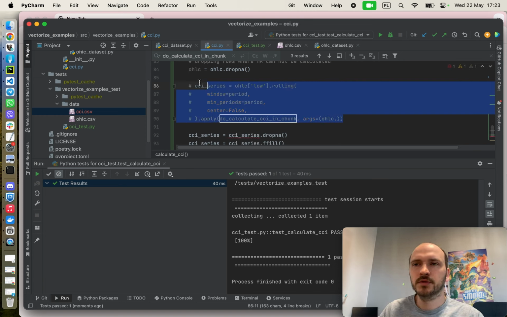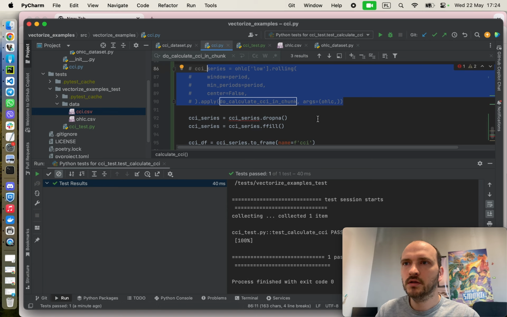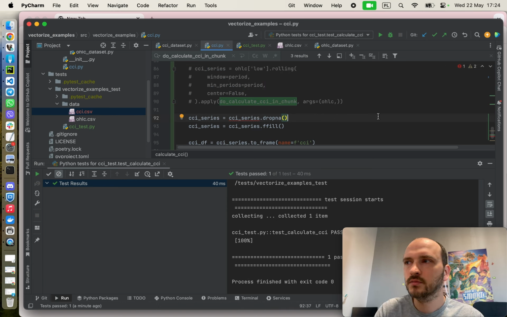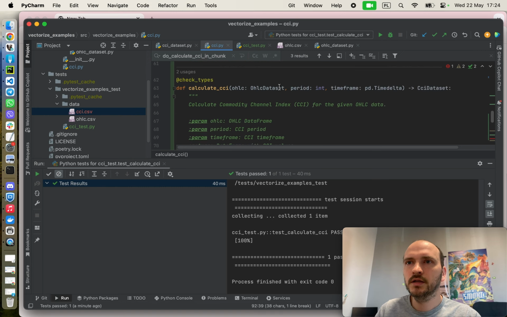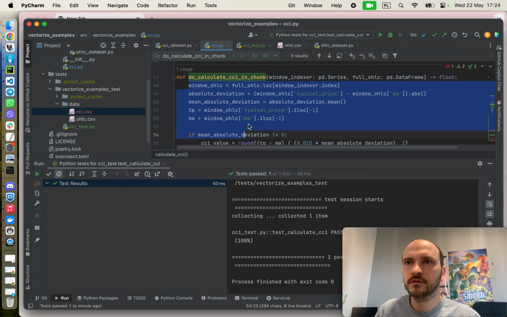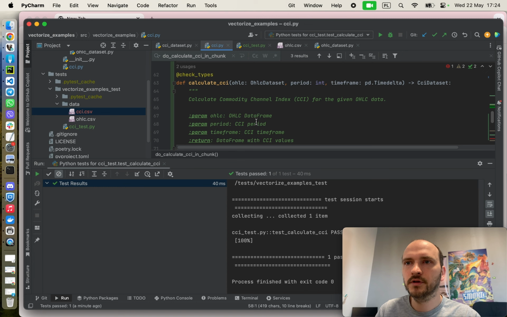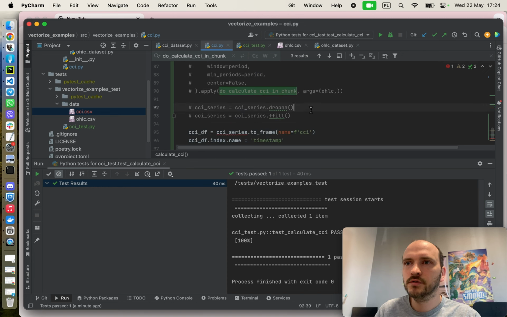In your case, it may be some apply or some other thing, but you isolate this piece of code, right? You know what you need to isolate. And probably also this one will be somehow refactored. And I know that the implementation is here, right? So that's what I want to have here. So I put it here,